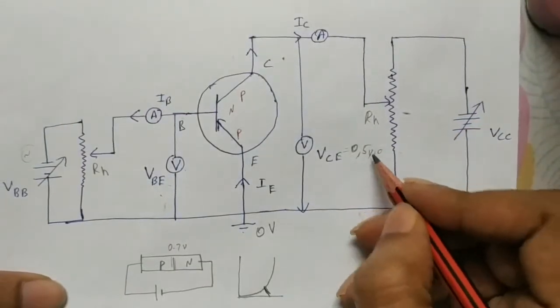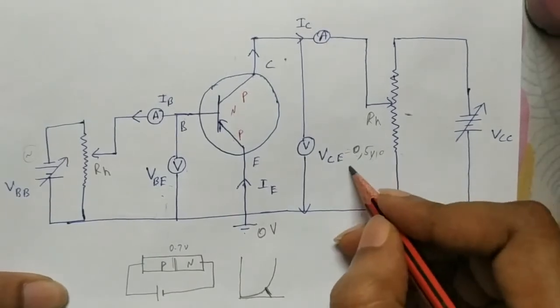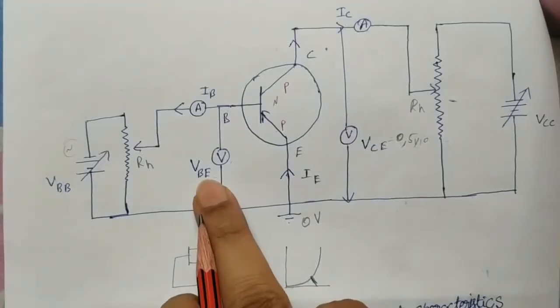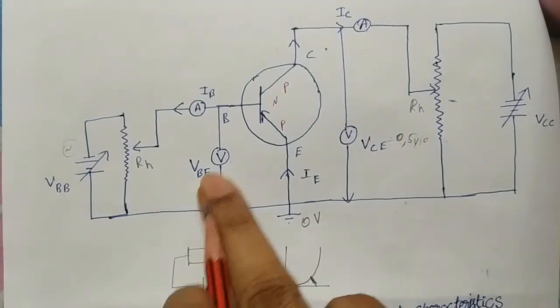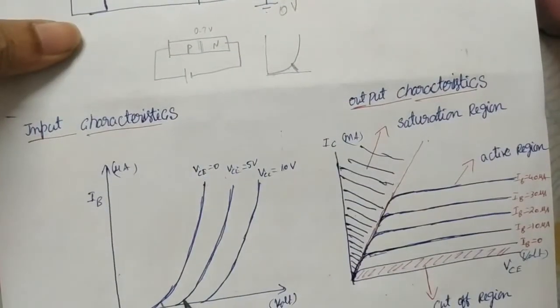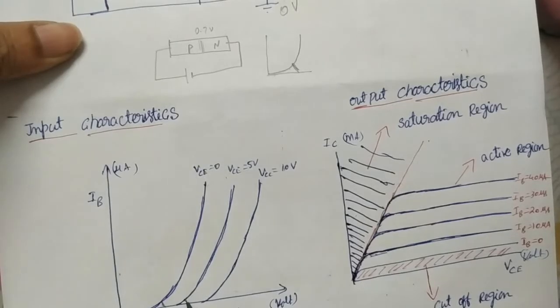Suppose they take 5 volt here, last time 0. Now they keep the 5 volt, again keeping this voltage at 5 volt, and this again they adjust from 0 to a certain value. Then again they draw the curve. Then we are getting a curve like this, and here we are getting a new potential after a huge value. When compared to the previous case, here the new potential increases.